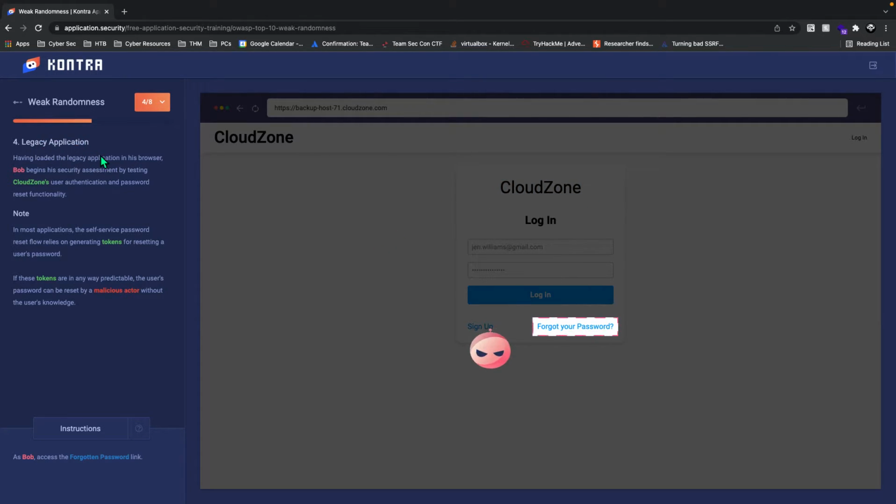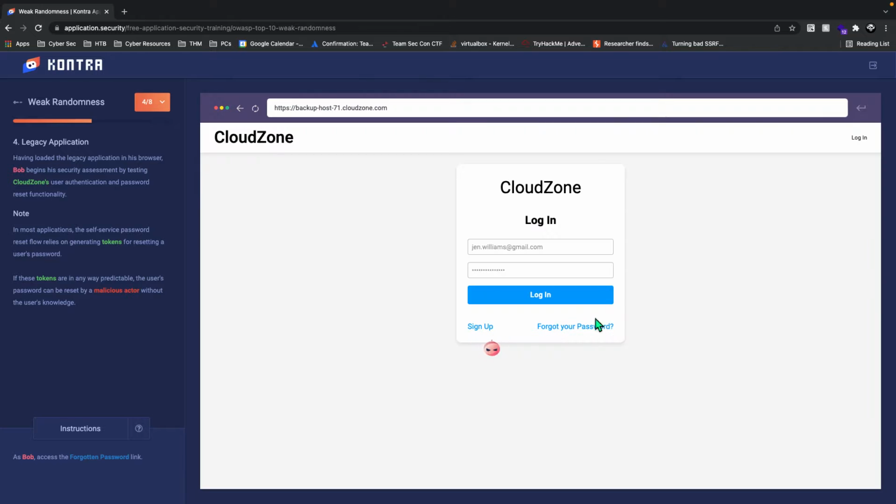For the legacy application, having loaded it in the browser, Bob begins his security assessment by testing CloudZone's user authentication and password reset functionality. Note, in most applications, self-service password reset flows rely on generating tokens for resetting a user's password. If these tokens are in a way predictable, the user's password can be reset by a malicious actor without the user acknowledging. Basically, Bob goes ahead and clicks on forgot password to test out the